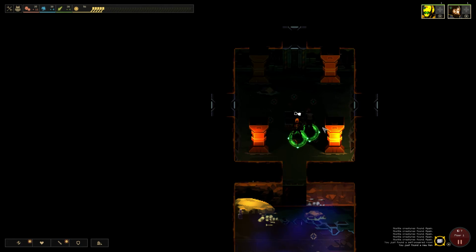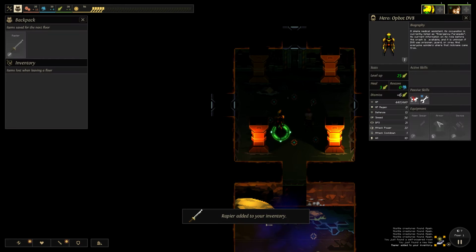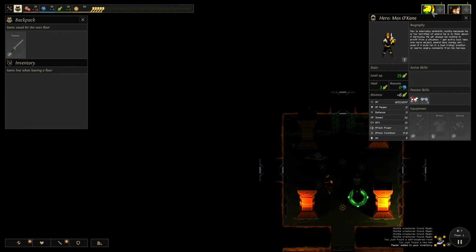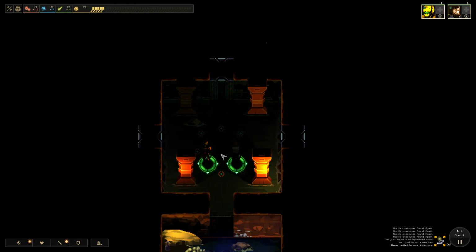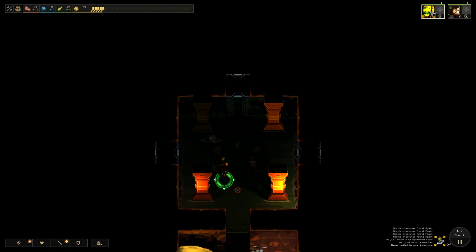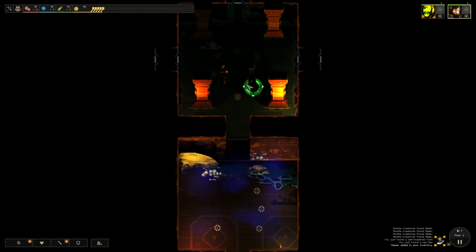Okay, we got a chest, that's nice. So we got a rapier. Too bad that none of our heroes use a rapier, because that's a sword weapon. We have a spear for our bot and a gun for Maxo Cain, so no one can really use that, but we can always trade it, or if we find someone that actually uses swords, we can give it to them. But now we don't have enough power to light this room up, so